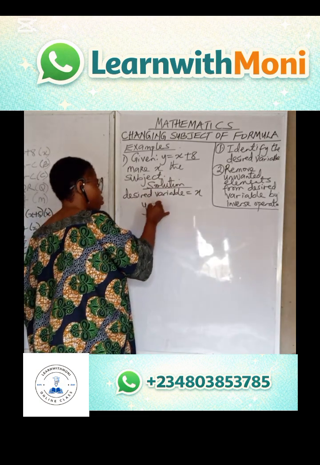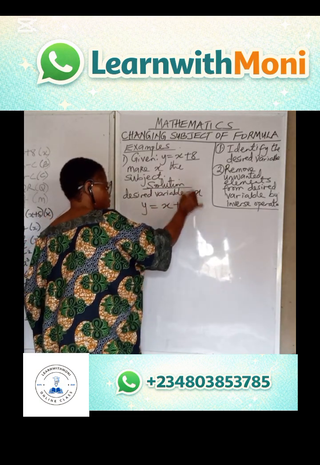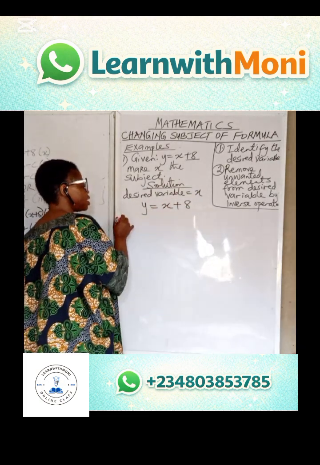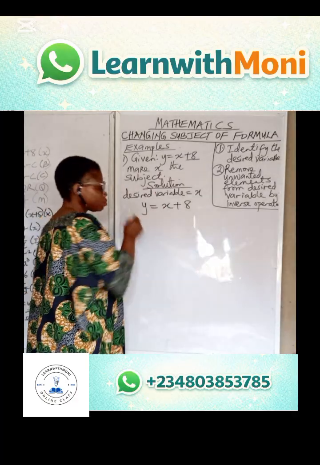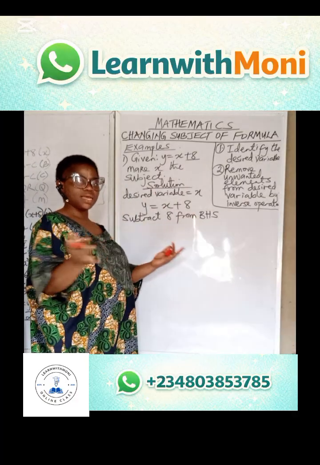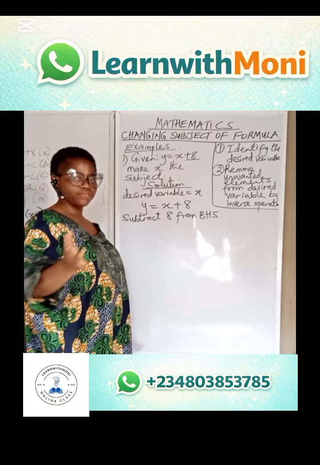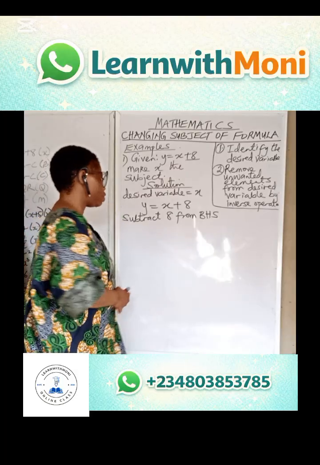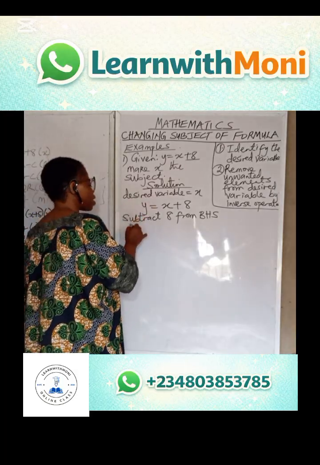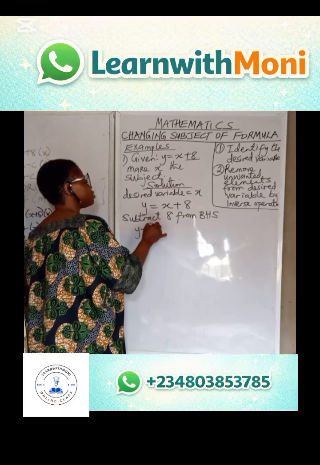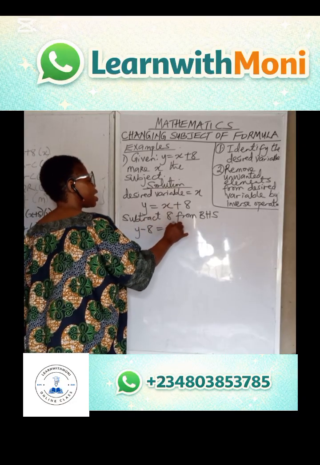So we have y equals to x plus 8. To remove this plus 8, I will do the opposite. Make sure it is balanced. Whatever you are doing to the left, you are doing the same to the right. So, which means on my left I have y minus 8, and on the right I have x plus 8